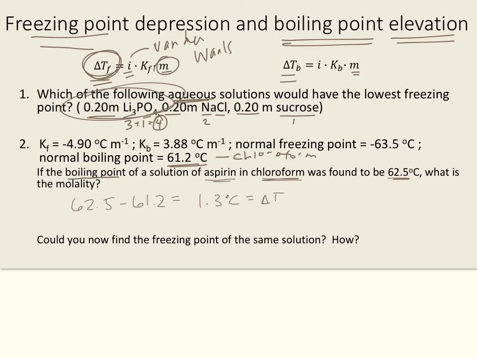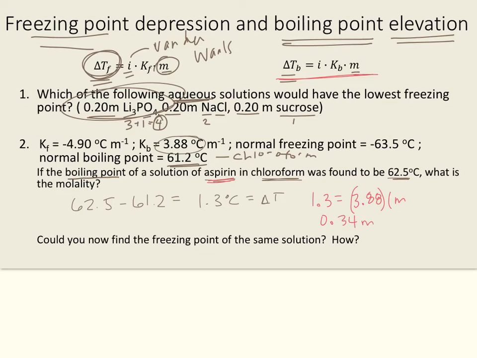All right, and then I have my KB for the substance, and I'm looking for the molality. So I'm going to plug this into this equation here. 1.3 is equal to, and I is going to be 1 because aspirin isn't going to dissociate into anything. It's not ionic. And I've got 3.88 times the molality. So I'm just going to take 1.3 and divide by 3.88. And that's going to equal 0.34